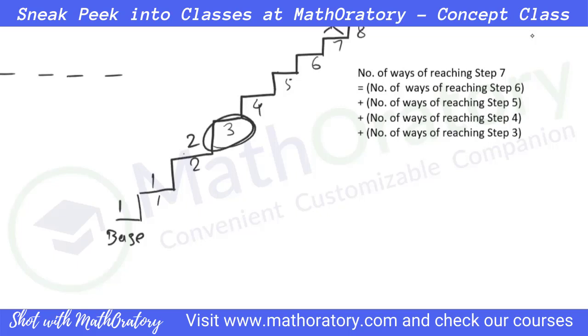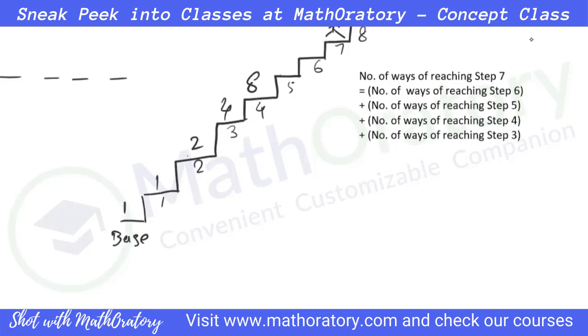For reaching step number 3, we are adding the previous 4 steps, but we don't have 4 steps again. So we have step number 2, step number 1, and base. Effectively, you add all these cases, so you get 1 plus 1 plus 2, that is 4. For step number 4, now you have 4 steps, provided you consider the base as a step. But then again, you can reach this step 4 either from here or from here or from here or directly from here. So again, all the cases should be added up. So you get 1, 1, 2, 4, that adds to 8.